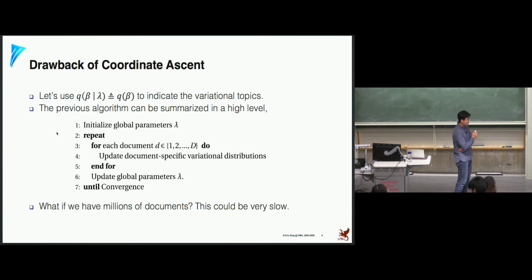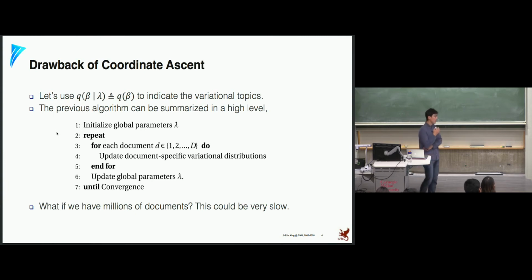Usually in latent variable models, as well as in latent Dirichlet allocation, there are two types of parameters. One is per data point parameters, and the other is global parameters. In latent Dirichlet allocation, there's a global topic parameter beta that affects all the different documents and all the different words. There are also local per data point parameters, theta and the variational parameter of theta, that act only on a particular document or a particular word. Those are the per data point parameters.